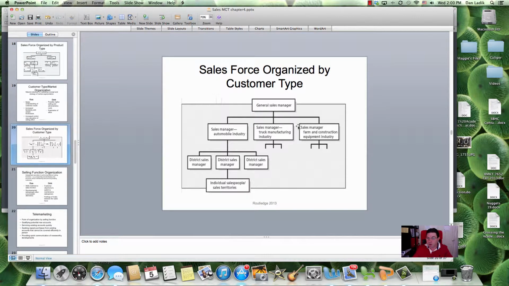So do you have the same salesperson calling on all these, even though they're in different silos down here, or not? In a lot of these territories, like farm and construction equipment, this is extremely regionalized. I mean, we could pick the states where this is probably a much bigger deal than others. So there is a lot of duplication here. There has to be a strong rationale to why you would want to organize this way.